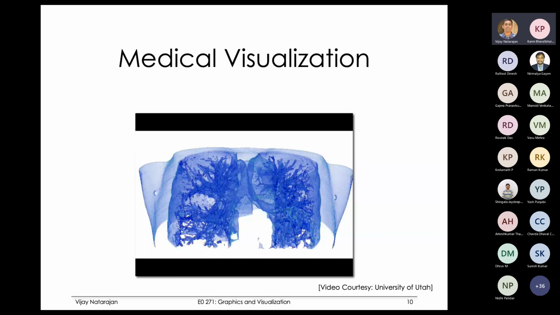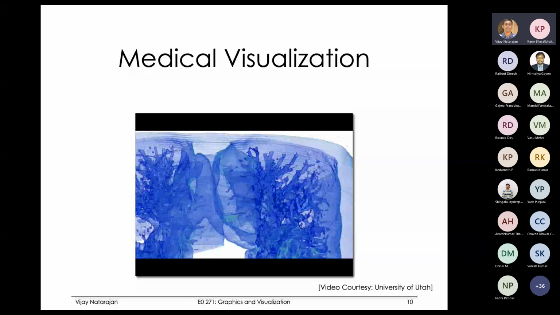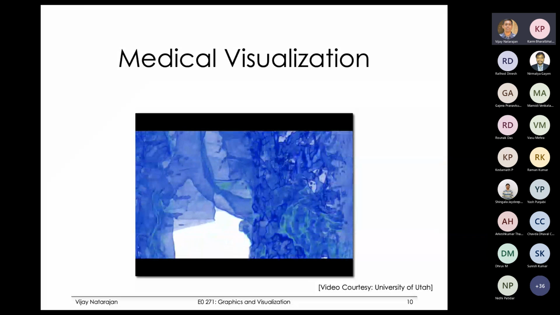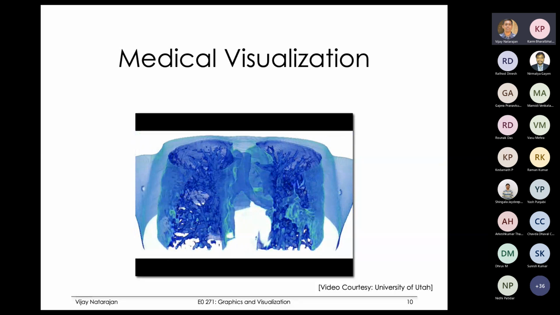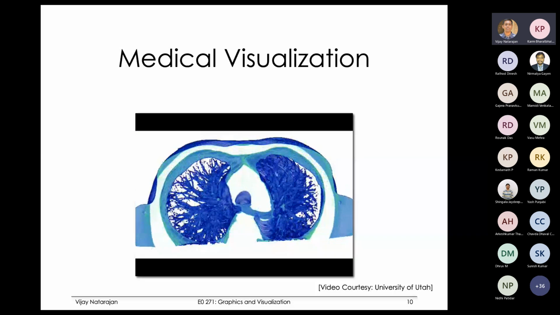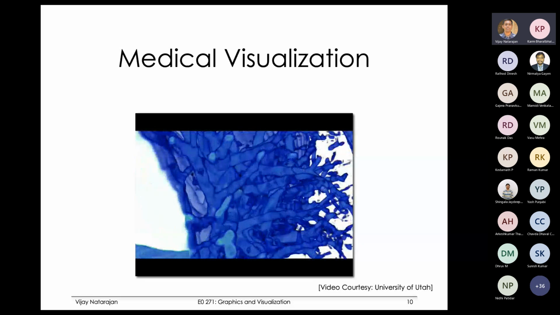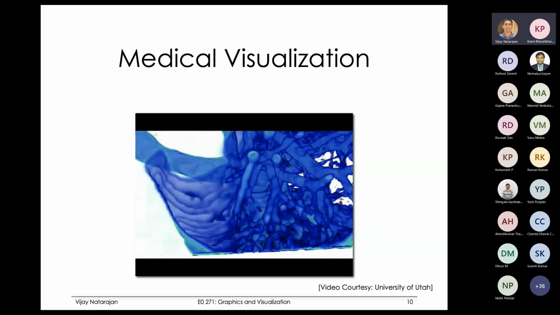So here what we see is the visualization of a CT scan of a lung. And what you see in the cyan, the background is blue, where you see the lung. The cyan tries to highlight certain parts of the lung which are abnormal, and the different renderings right at the middle are indicators of potential tumors